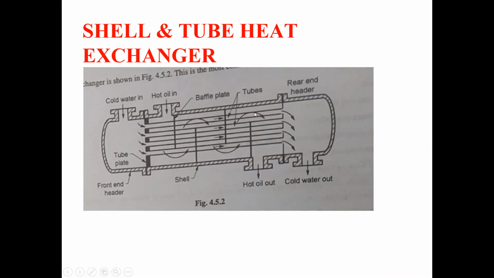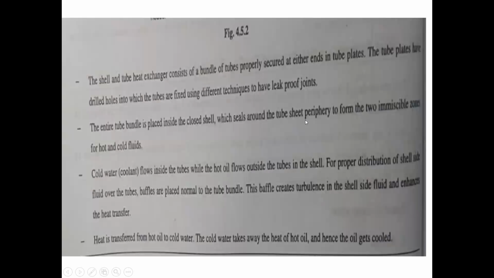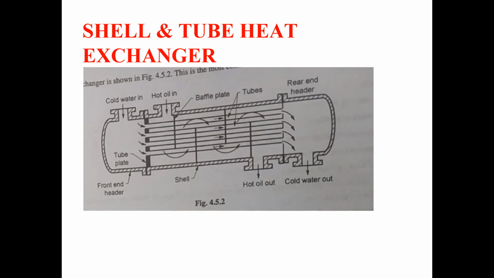Focus on my cursor. It is moving like this, and this hot oil becomes cool, and we remove this oil through this port here. And from this tube, the cold water is coming in, and water is moving through these tubes here, and this cold water becomes hot,